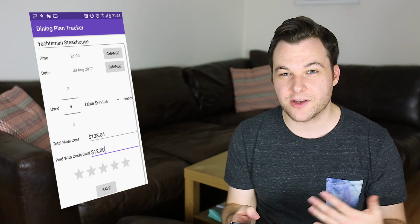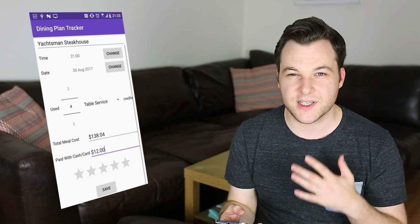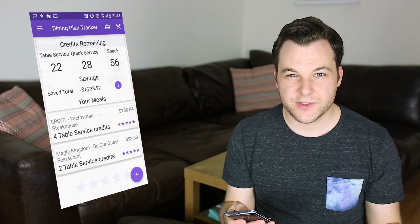You can give it a rating out of 5, which is really useful when you're looking back over your trip at the end because you can see exactly how much you enjoyed certain restaurants. And if you hit save, it'll be saved in the app. So if we do this for a couple of them,